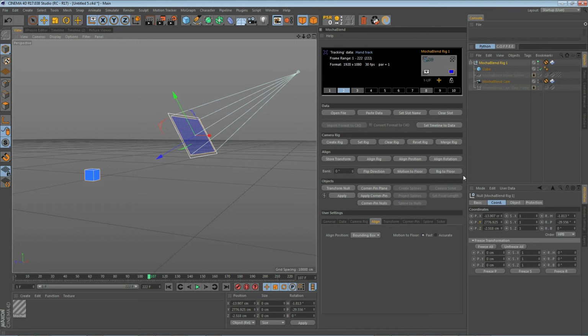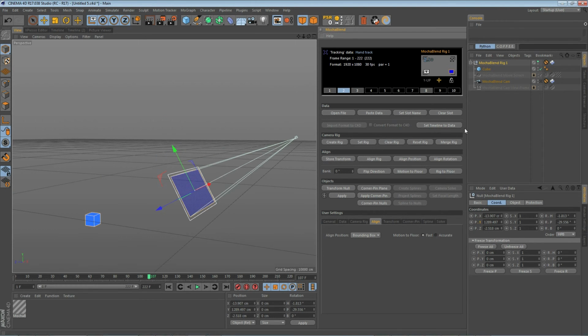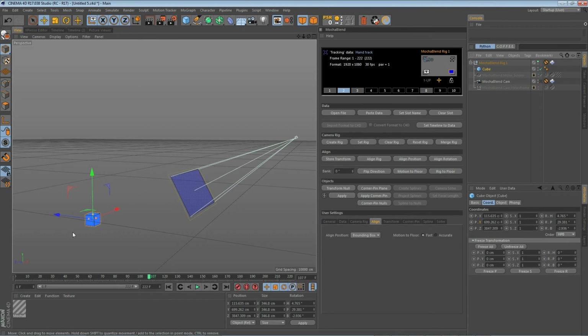Finally, let's take a look at MochaBlend's Rig to Floor button. Pressing this will adjust the Rig Z translation, so any child objects will be placed right on the Cinema 4D ground plane. Let's go ahead and press it and see what happens. There you go. You see we have a cube here that is a child of the rig, and the Z translation has been adjusted without changing the rotation of the rig, so that child is placed right on the ground